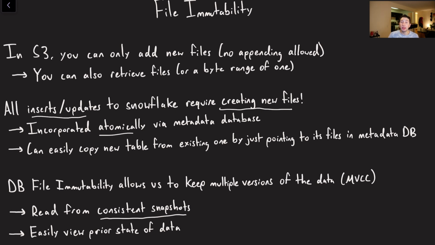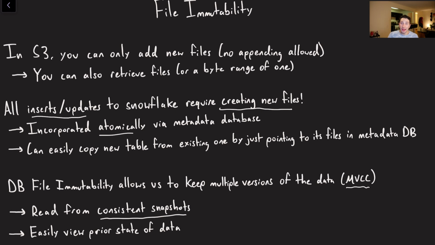It also means that we don't have to do any amount of locking, because everything is immutable and we have these copy on write semantics. Because we're doing MVCC, if you recall, that's multi-version concurrency control, every single version of the data has some sort of timestamp associated with it for each file. So we get these consistent snapshot reads as a result, because we just provide the timestamp that we're reading with, and then we're basically reading all data before that timestamp and keeping it around. So even when data gets overwritten, we'll keep it around for some amount of time, maybe a few days, and then eventually we'll drop it.